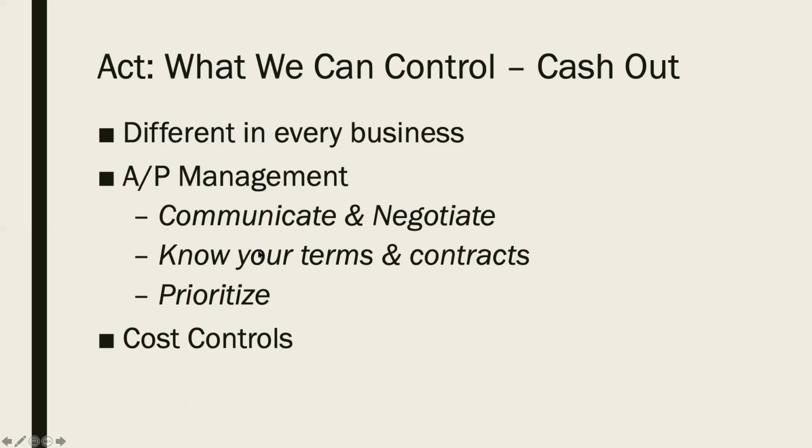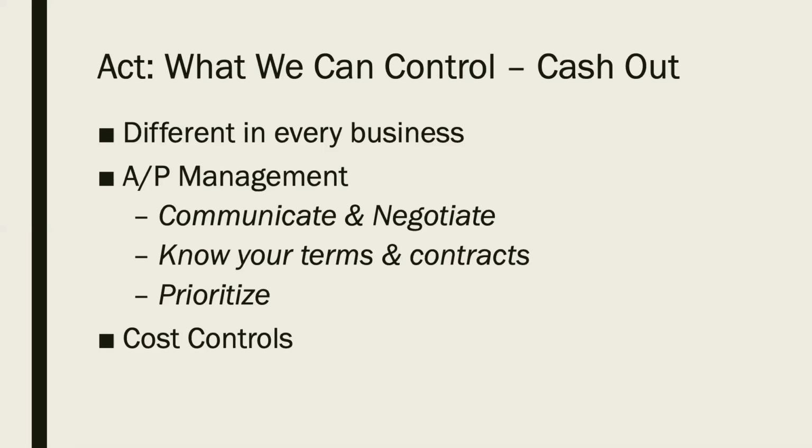In terms of cash, that was cash in, getting money in. Cash out, all of those things also holds. But then the other thing is AP management, really communicate, really negotiate, know your terms and contracts, and then be prepared to prioritize. Be prepared to prioritize based on if I don't pay this bill, then this vendor is going to charge me a late fee, or I'm going to have to pay this interest amount and it's better to pay less than more, or I really can't disrupt this relationship with this vendor because they are critical to our ability to run our business versus somebody else who you already weren't very satisfied with and you've got other options out there.